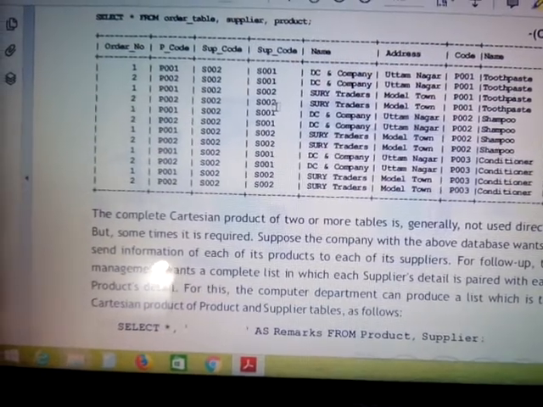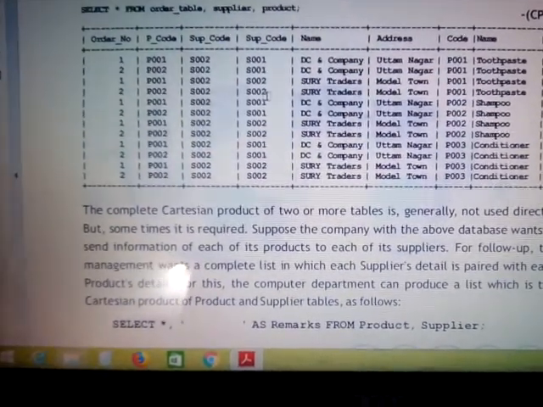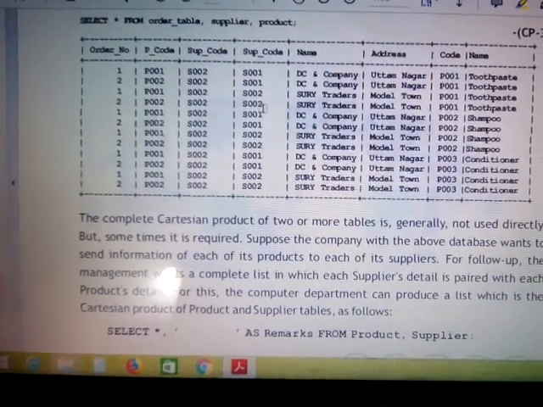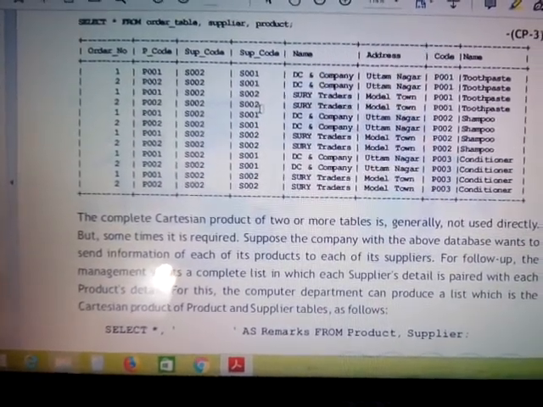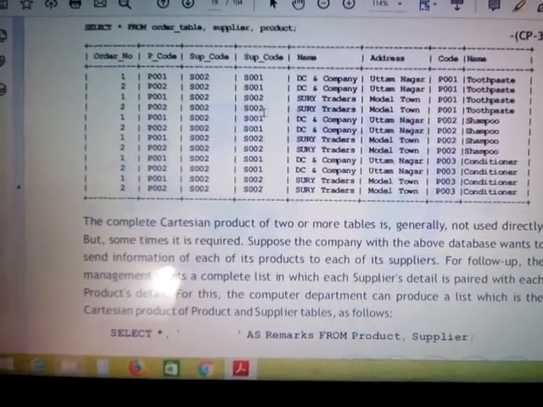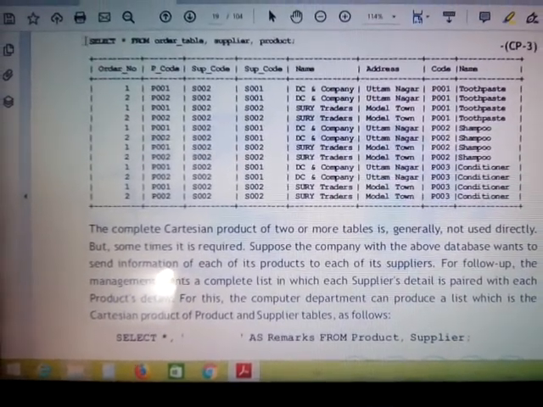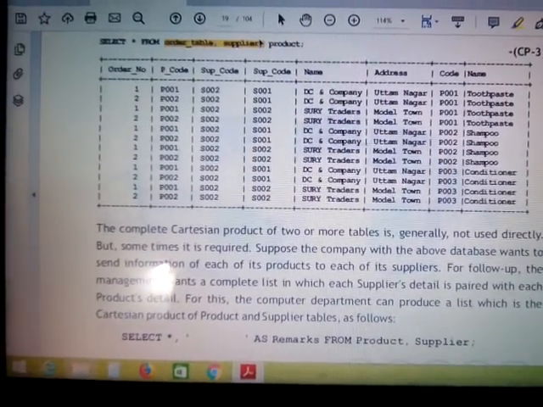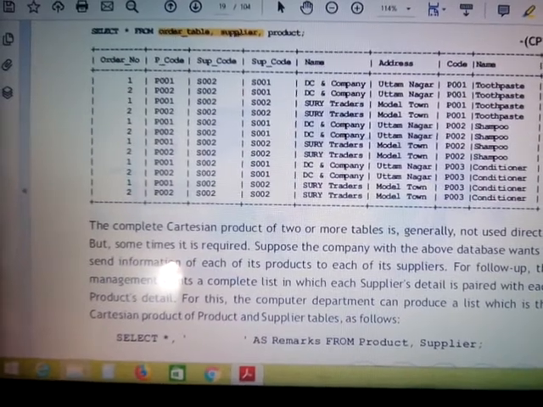Again I am telling you all, in the last video I have shown you how this Cartesian product is to be solved for 2 tables. But if we have 3 tables, first of all take the first 2 tables. That means first of all, to find its output, I'll just find the Cartesian product for order table and then supplier.